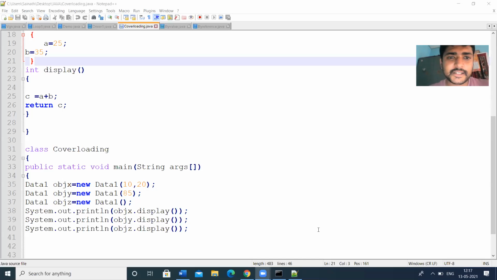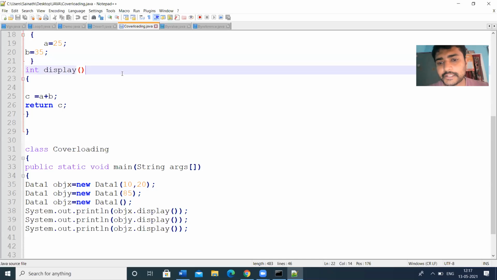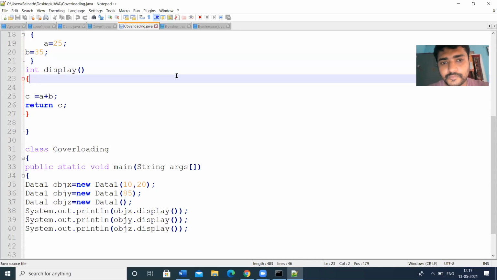This copy constructor we can see in inheritance. So this is constructor overloading. Then we will move to method overloading.